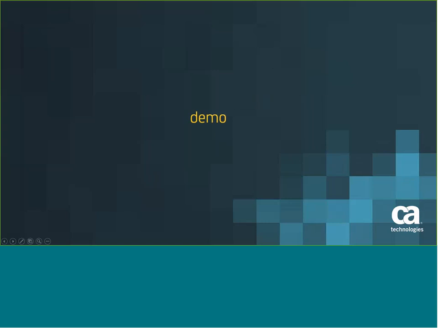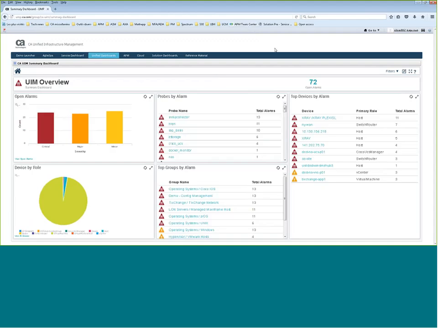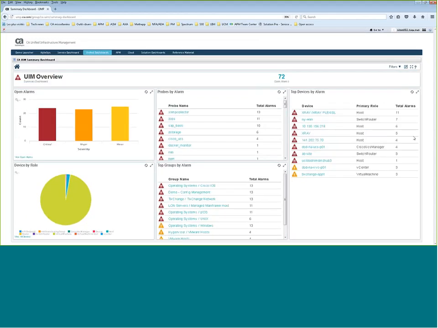It's now time for a quick demo. So just a moment, I'm going to share my environment. Here you go. This is one of the dashboards that is offered by CA-UIM. This dashboard allows you to have an overview of your different machines in your environment and to understand at a glance